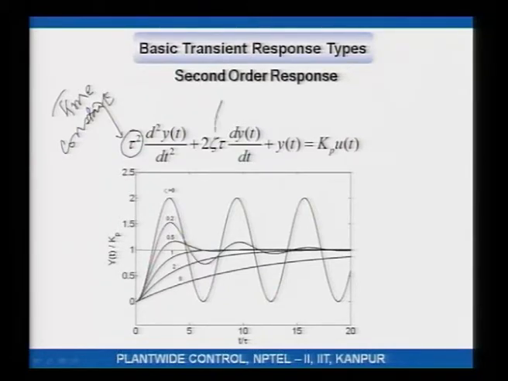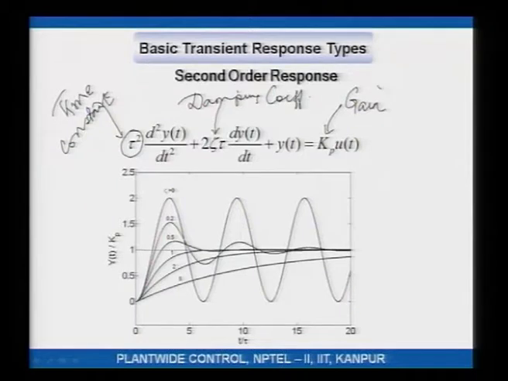This psi or eta, whatever the symbol name may be, is typically referred to as the damping coefficient. Okay. This is referred to as the gain,